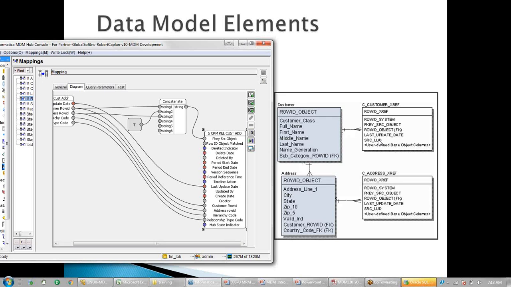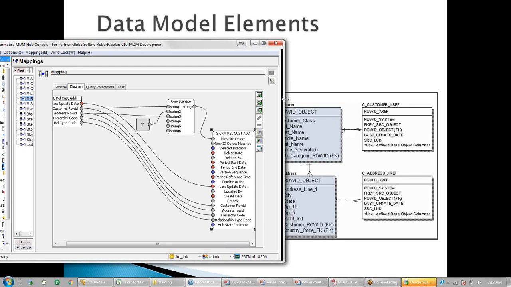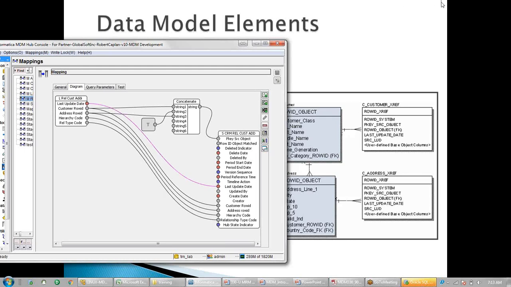Right, but then when we go to the staging table, we need to determine. In the staging, this is my mapping. I will just expand it. So here in the mapping, you see the last update date from the landing table I am mapping into the last update date of the staging table. And from the staging table, this date comes into the SRC LUD date column, which is there in the cross-reference table. So the source date is always maintained, because tomorrow the source might update some column and they might send it to us. In that case, this date will get updated.